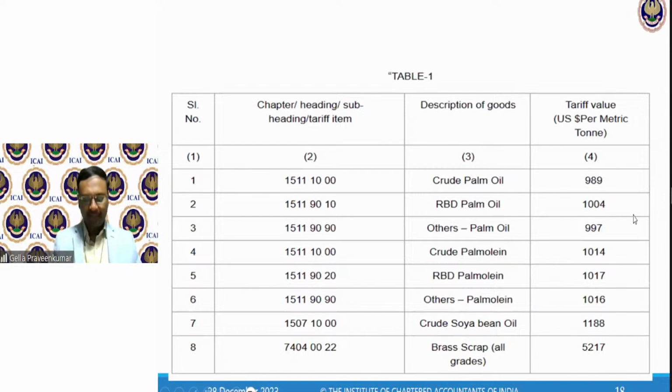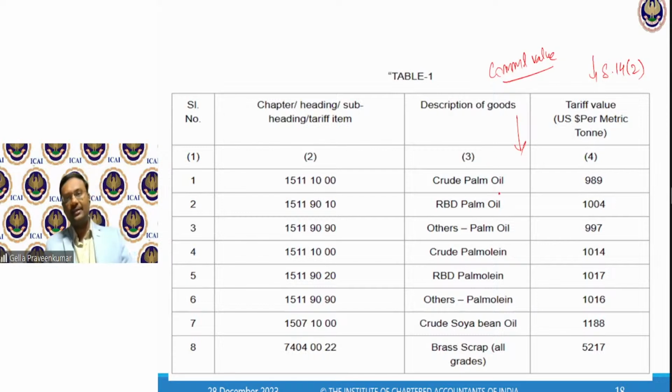Now, I referred to section 14, subsection 2. This is an example for section 14, subsection 2, where there are some items where instead of the commercial value, the government is going to fix, with reference to a particular parameter, how the duty has to be measured.